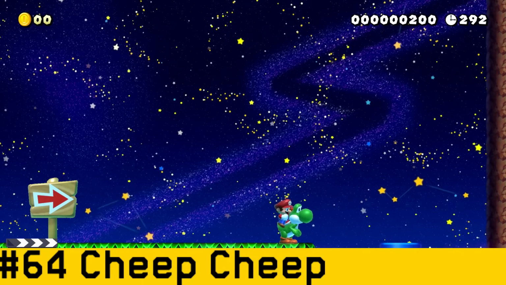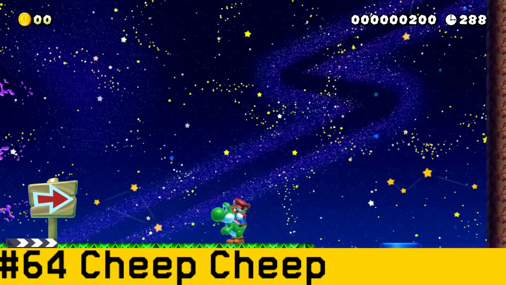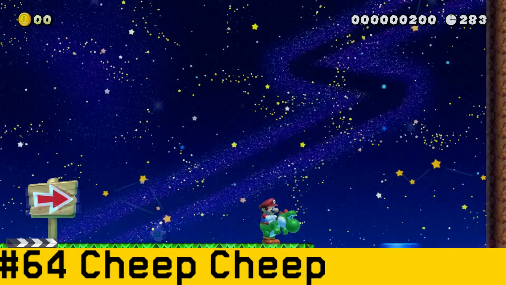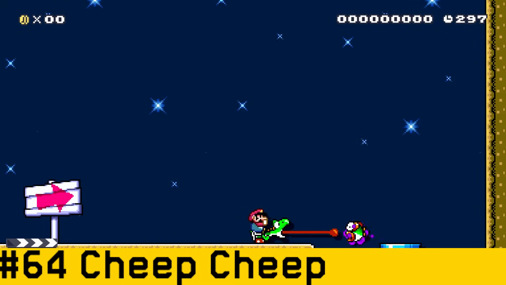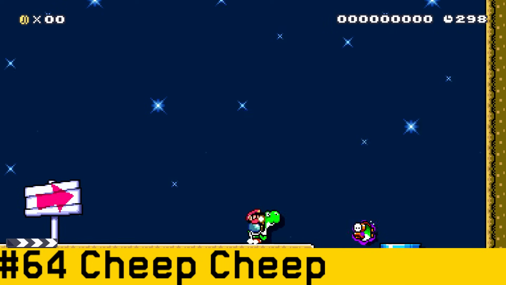Now this next one isn't really a tip, but I've got about 200 hours in this game and I've played like about 3,000 levels, and I have never seen this mechanic used in a single level. So when Yoshi swallows a Cheep Cheep that's been in poison, he can actually shoot out poison, which is pretty cool. I don't believe it's any different from fire, but this is still a really neat detail that they actually